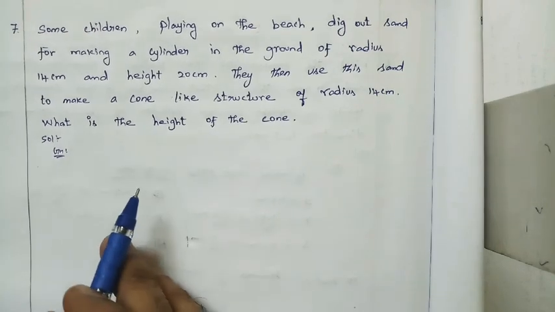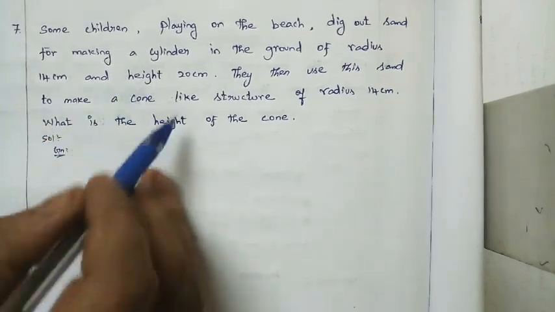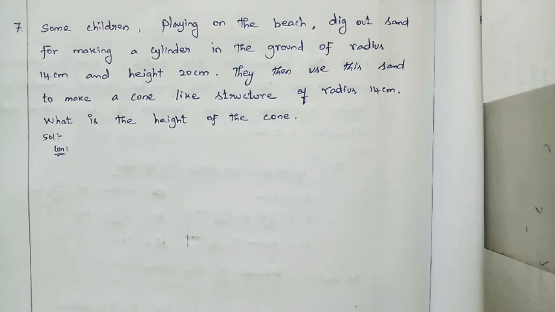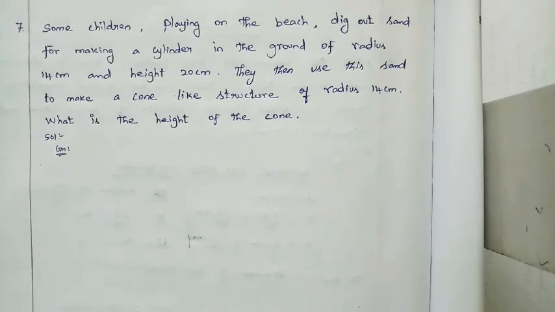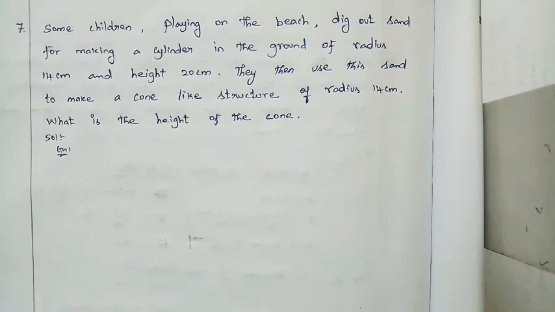So in this concept, sum number 7, this model sum, we can surely expect in an exam, because it's the same thing only. The volume will be equal only, but the question type is somewhat different. So we can easily expect these kinds of model sums, probably in our public exams, right?